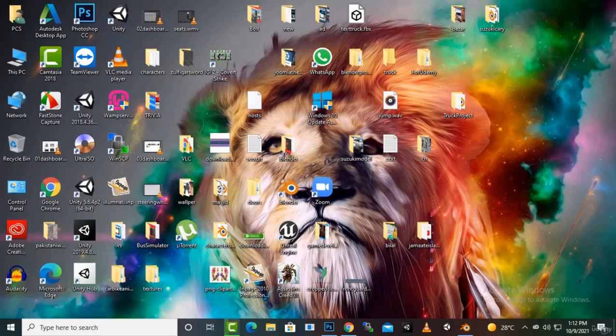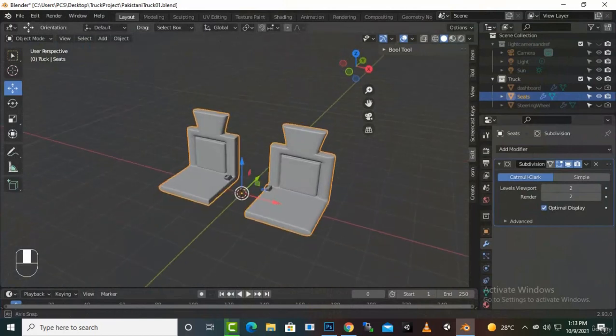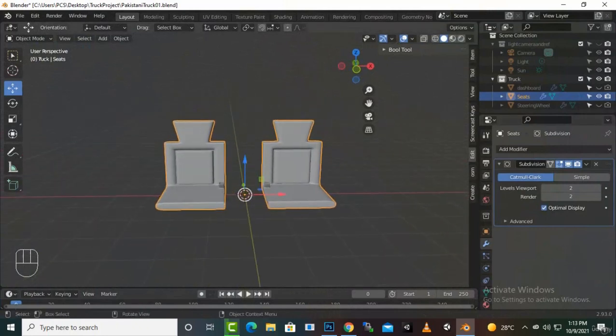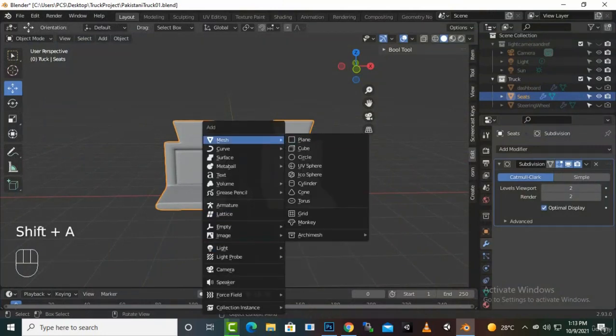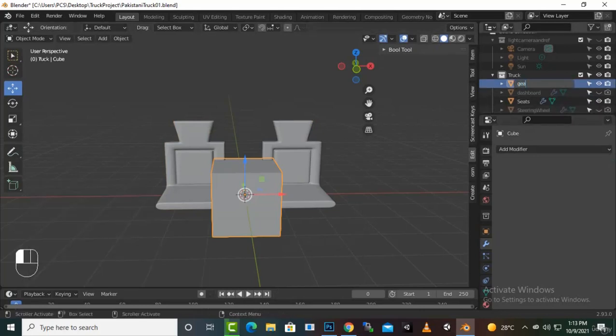Hello everybody, in this video we are going to create the gearbox, and that will be the last interior I think for our main body, for main truck. So we will just add the seats here because we need a gearbox in the middle. So let's press Shift here and we'll just create a cube here. We'll just name this cube as a gearbox,